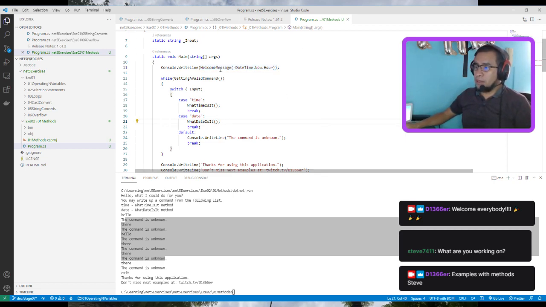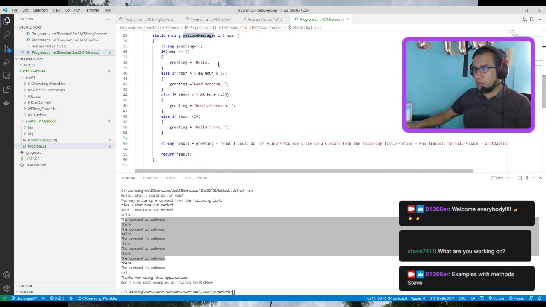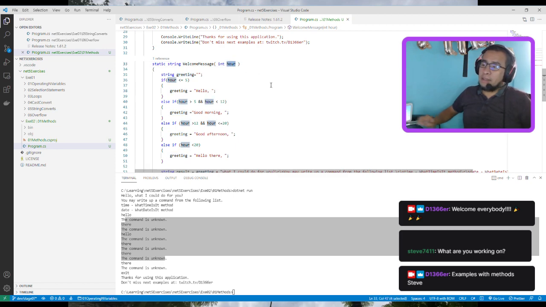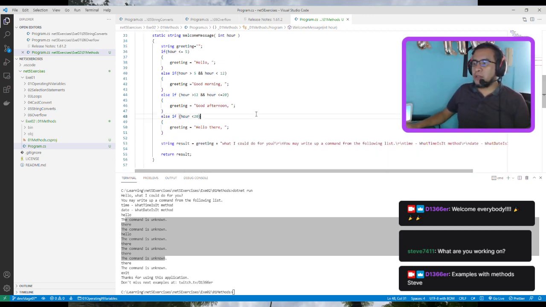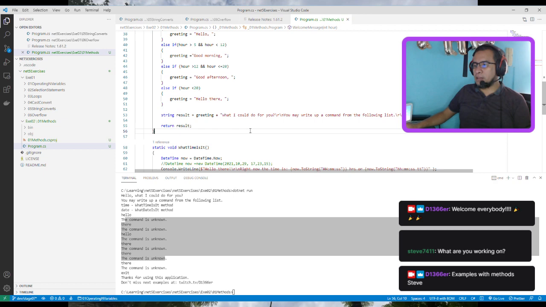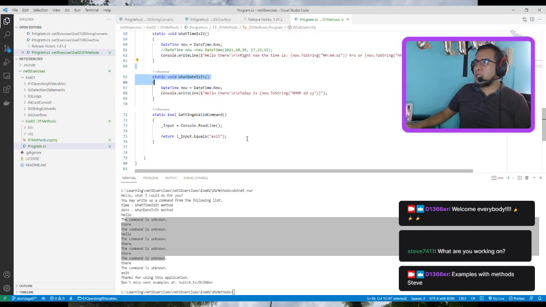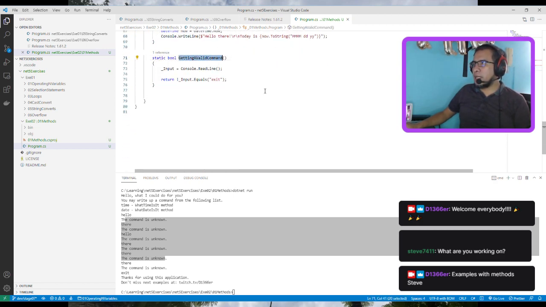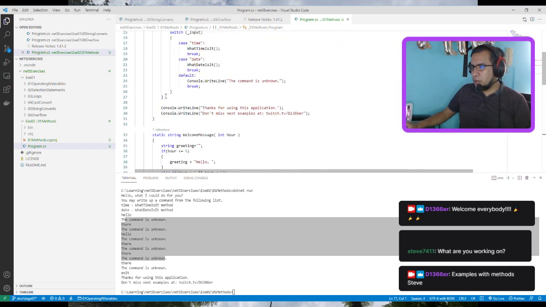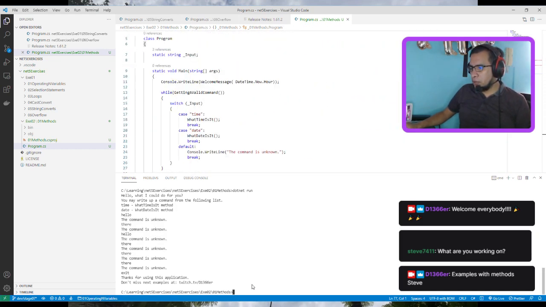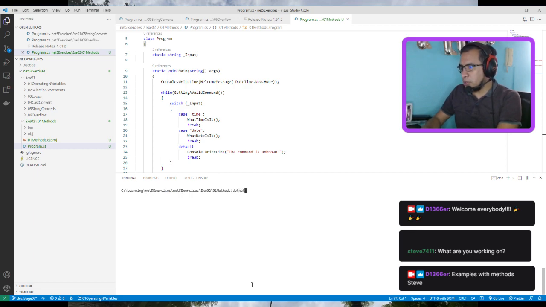Okay. WelcomeMessage performs the welcome message, it adds a greeting, and it depends on the time that you are executing the application. It doesn't consider anything else because we have not added anything else, but this is the way it works. And we have what time is it, we have what day is it, and we have the getting a valid command. So now, if I just call clear screen and dotnet run,